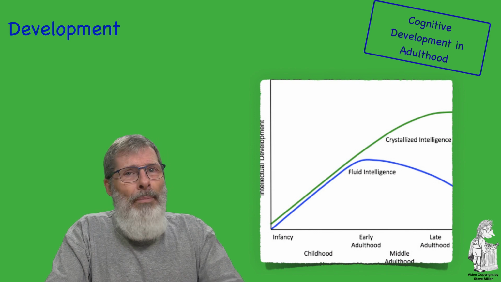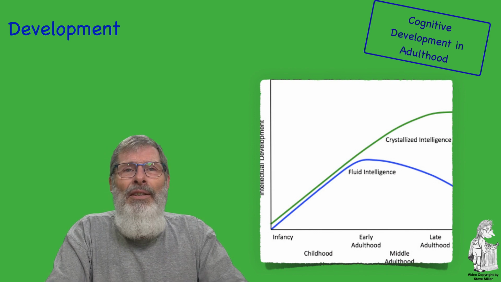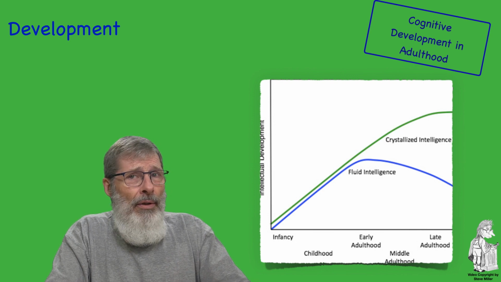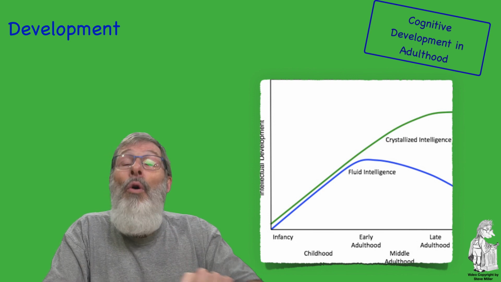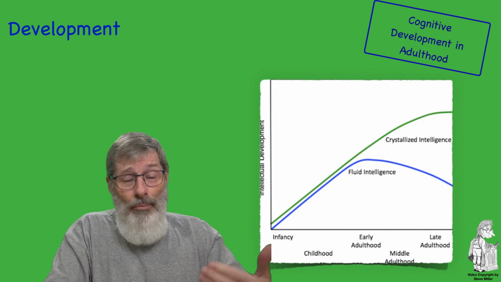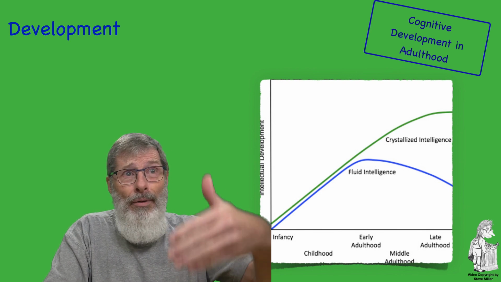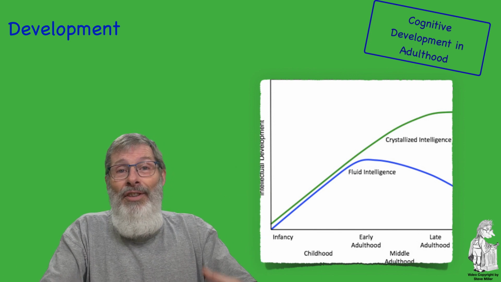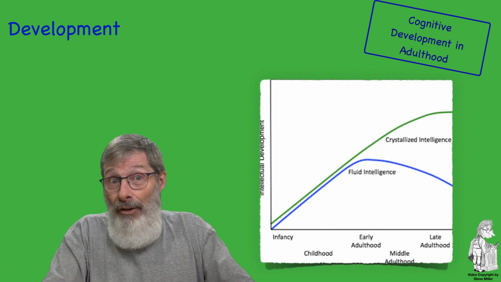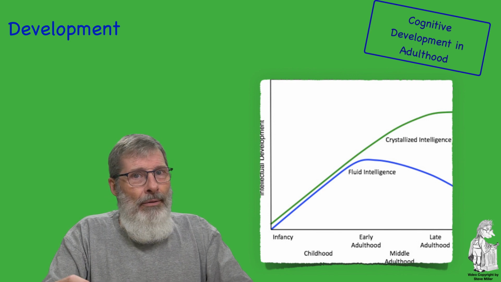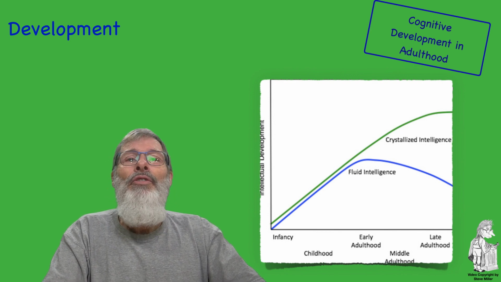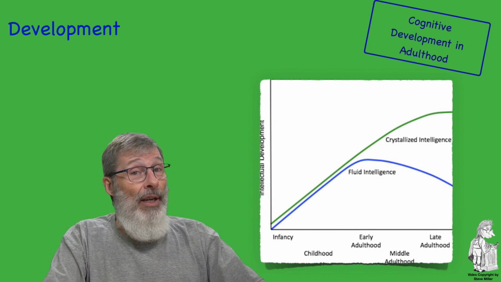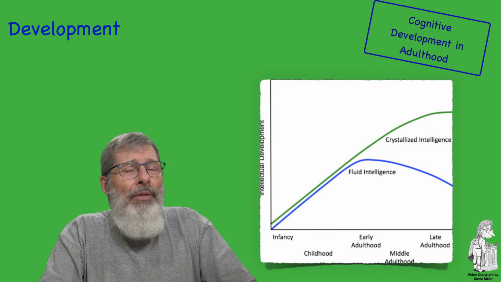Crystallized intelligence represents a lifetime of attainment, including vocabulary and accumulated facts. Typically, it increases over the decades. It makes sense. The more life you live, the more life you have in your head. Therefore, you have these accumulated facts and a more rich vocabulary. Fluid intelligence represents mental flexibility. It's the ability to process information rapidly, learning and solving new problems.